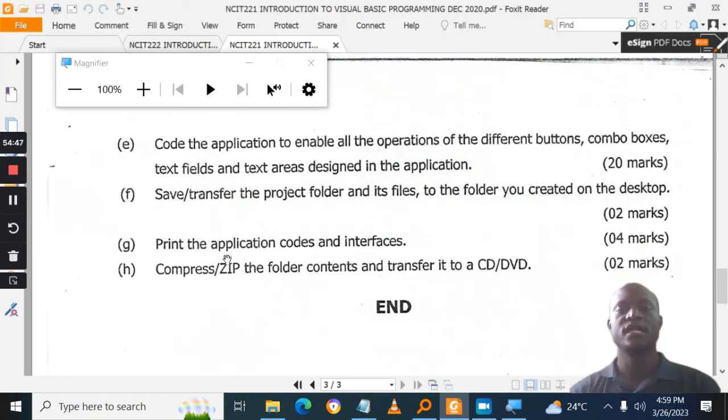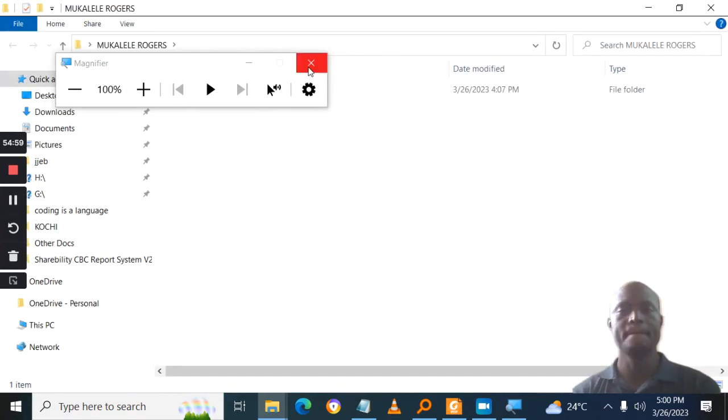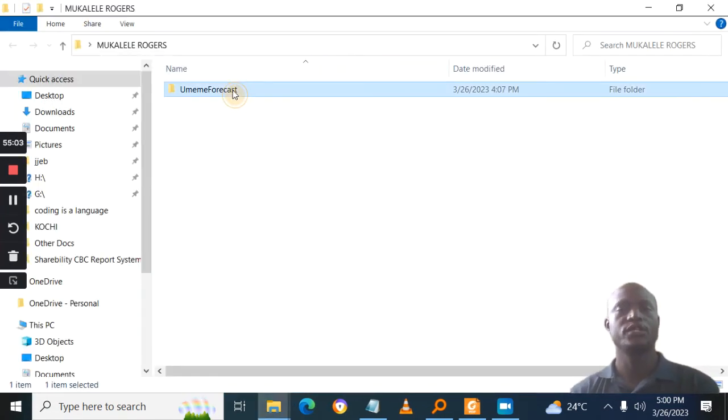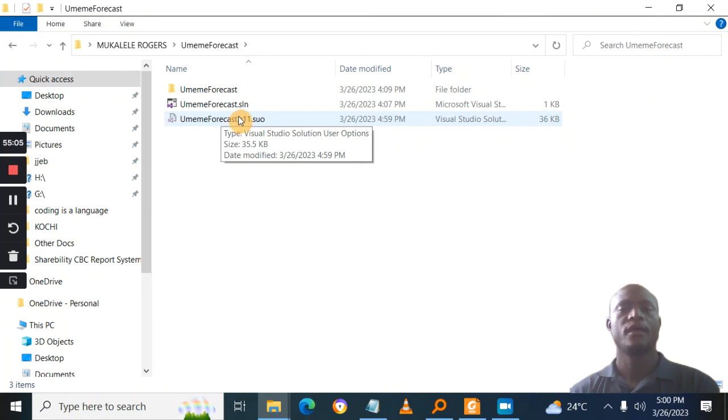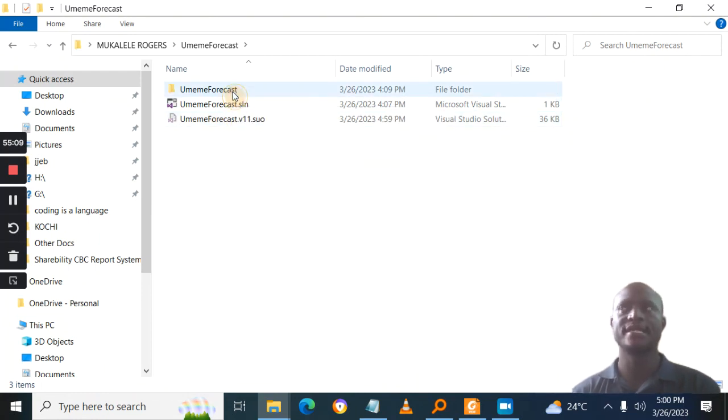Now, they tell you to print the application codes and interfaces. If they tell you to print the application codes and interfaces, you will go and get your codes down here. You will get your codes. So what do you print? If they tell you to print the application codes and interfaces,